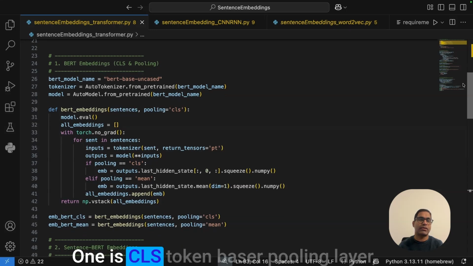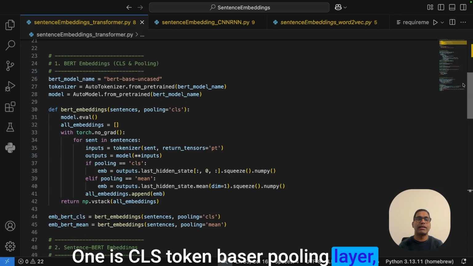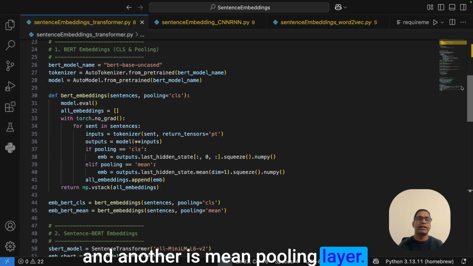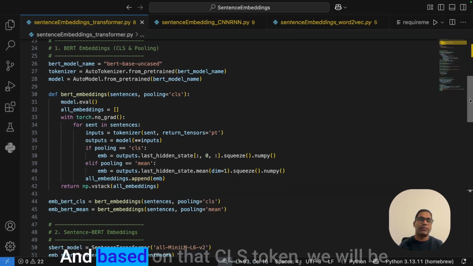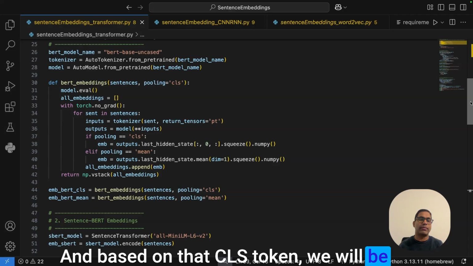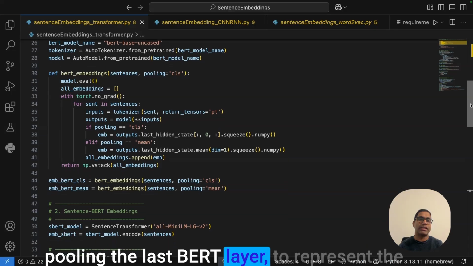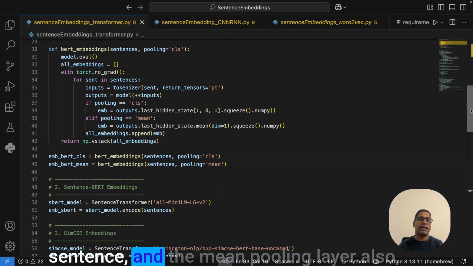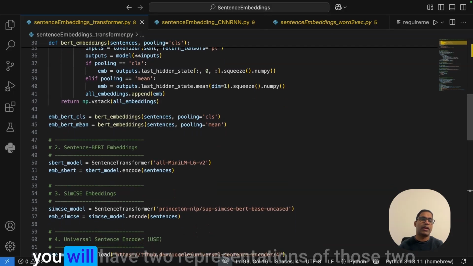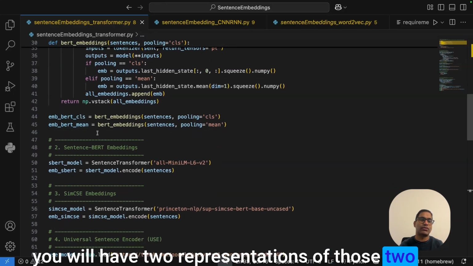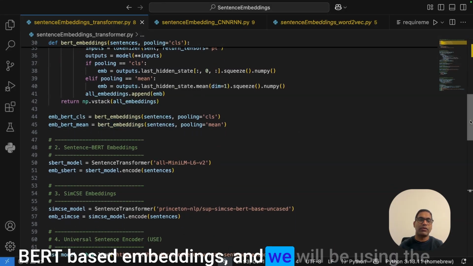One is the CLS token based pooling layer, another is the mean pooling layer. CLS is a special token used to separate the 2 sentences, and based on that CLS token we will be pooling the last BERT layer to represent the sentence, and the mean pooling layer we will also be using to represent the sentence. You will have 2 representations from those 2 BERT based embeddings,